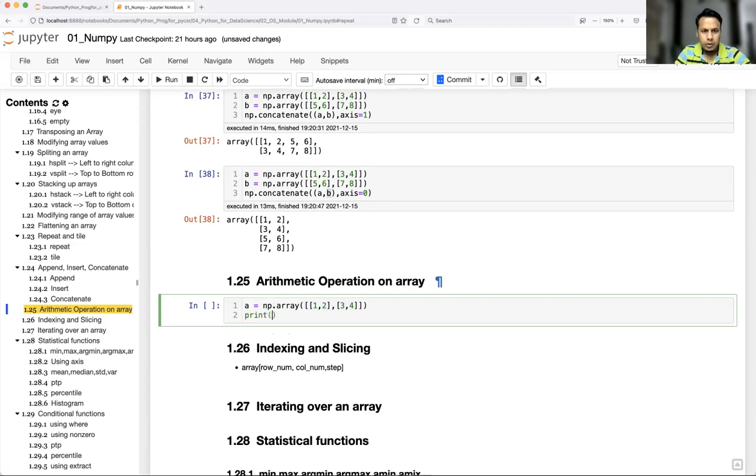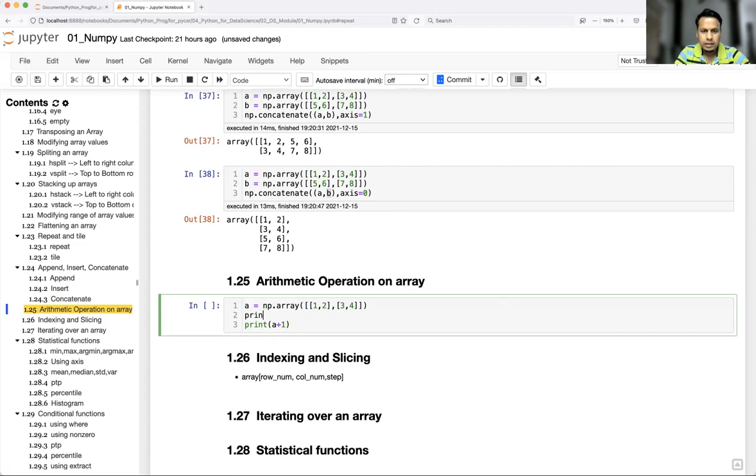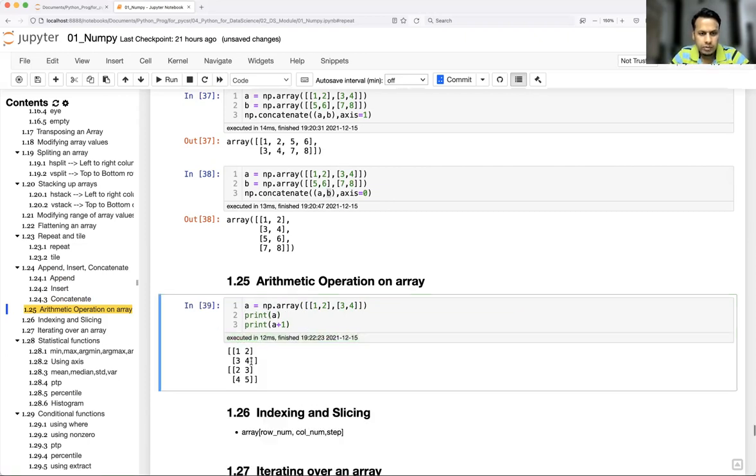Okay, so I'm going to print a plus 1. Let's say I'm going to add 1 to array a. So what will happen now? 1 will be added to each and every element of a. Okay, so I'll print the original a and the second a. So this is 1, 2, 3, 4. Now 1 will be added to each and every element.